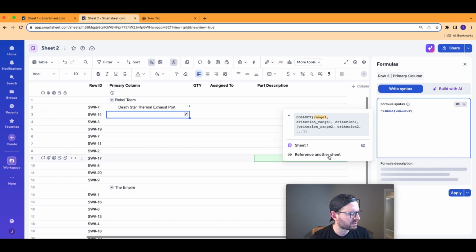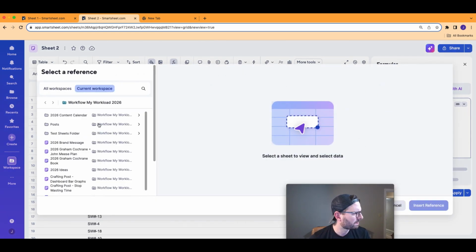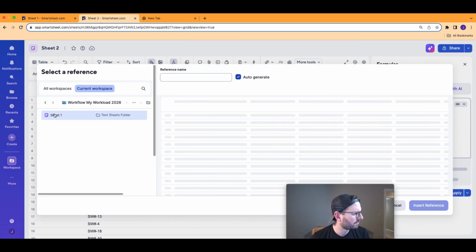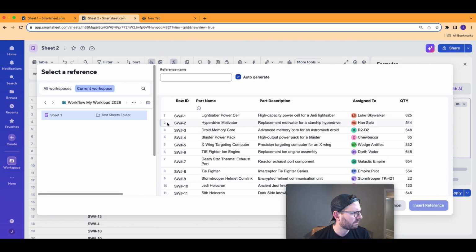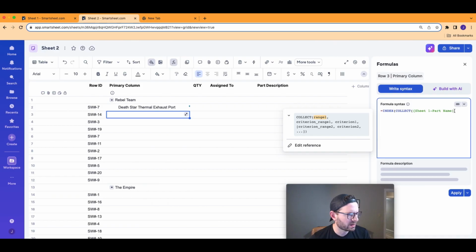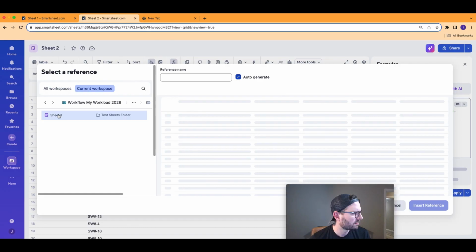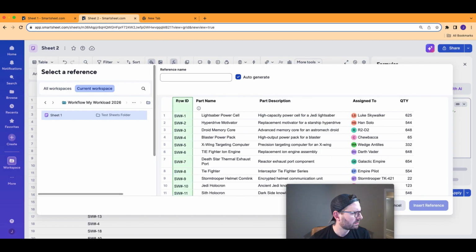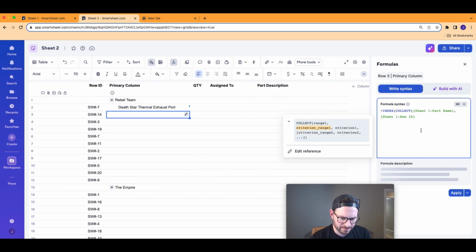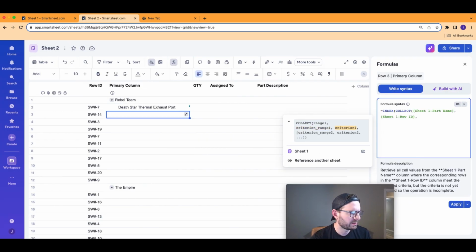So we're going to go ahead and reference another sheet, just like we did before. And I want to go ahead and do the part name, insert reference, and then right here in this box, I'm going to click the comma, reference another sheet again, the row ID, insert reference, comma,